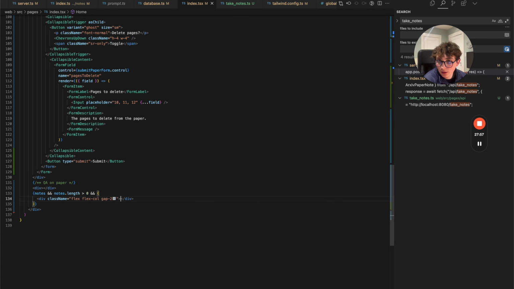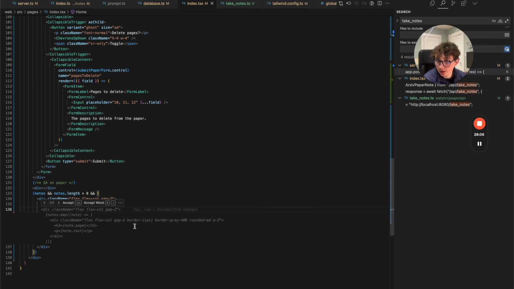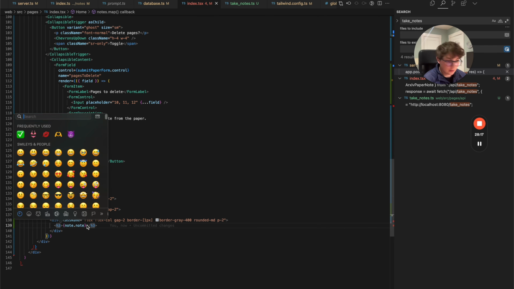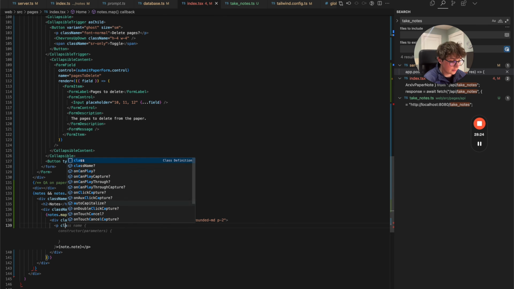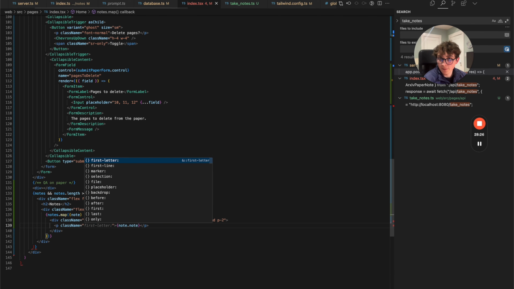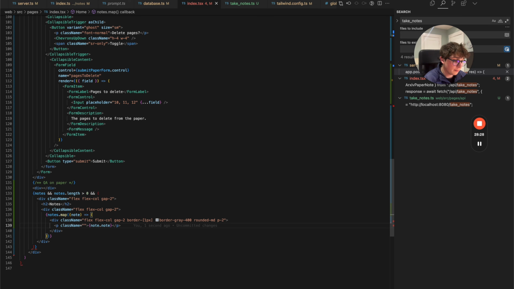There we go. And we'll say h2 notes, and div flex col gap-2, notes.map. Let's see, note, and to prefix, we'll make this a paragraph tag instead. And let's see, we'll make this className equals, we'll default text body medium, and yeah, actually we don't need